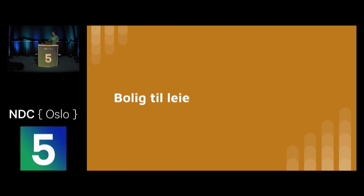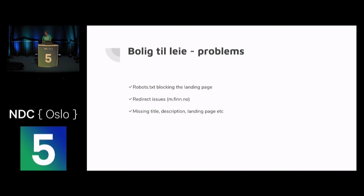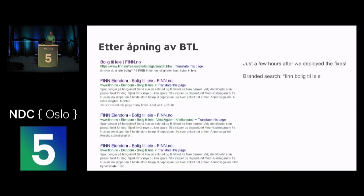Now, bolig til leie, home for rent. I've shown that several times. There were many problems. Robots.txt blocked the landing page. We had issues with the redirects. We did not have a good title, description, or landing page. And most of the links pointed to our old pages. So fixing three of these things,